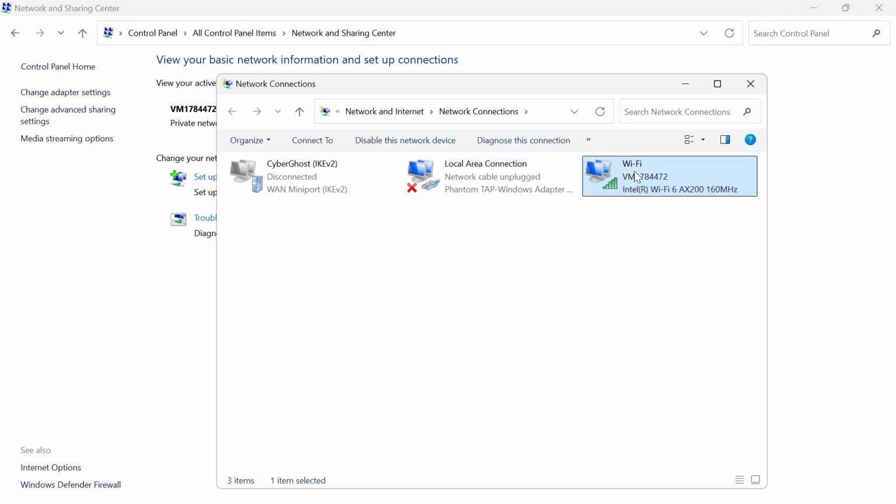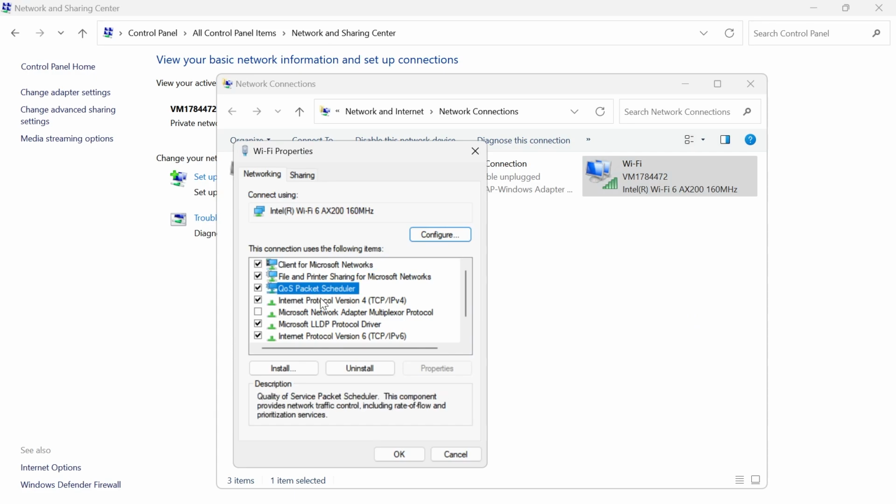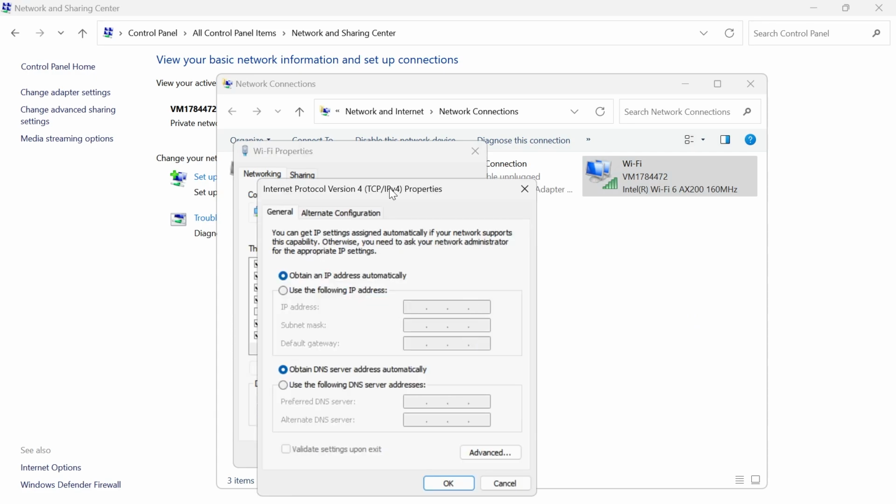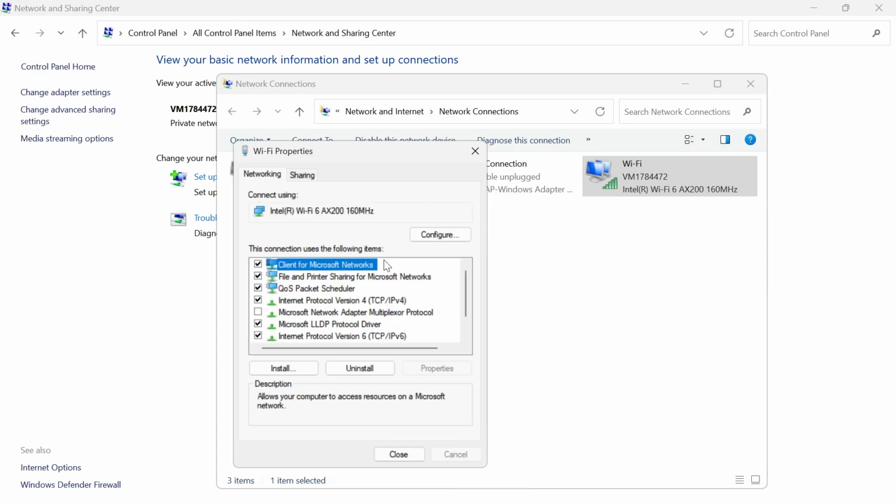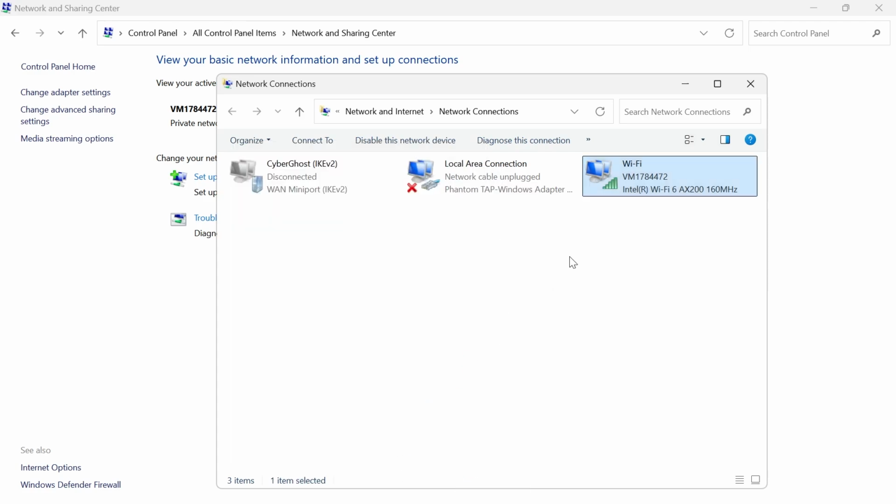Mine's this Wi-Fi one on the right, and we need to right click on this, select properties, and from this list of options, select internet protocol version 4, click on properties, and right down here at the bottom you'll need to select use the following DNS server addresses. Now in here just type in the numbers 8.8.8.8 and 8.8.4.4. Then you can press OK to save the changes, close out of this window, and the last thing we're